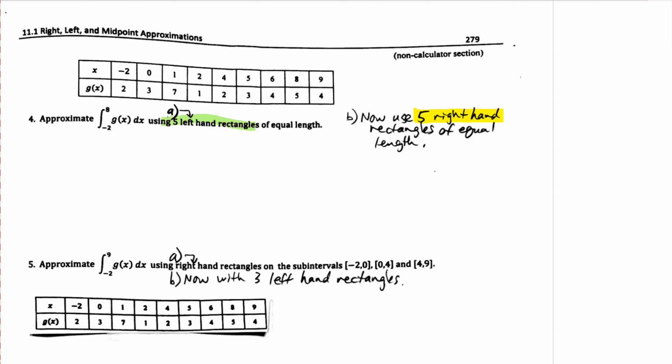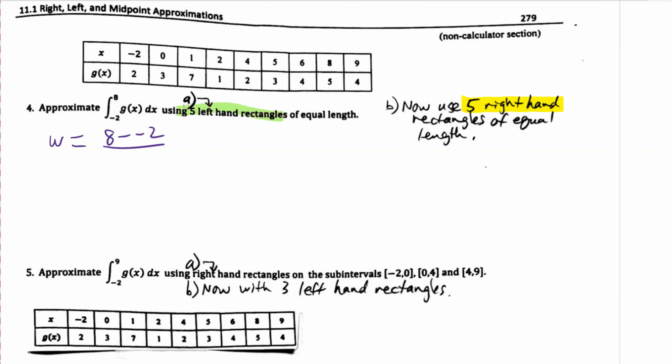5 left-hand rectangles. First thing you want to do is go find out what's the width of each rectangle. And we're going to go with the high minus the low. Careful, you're subtracting a -2. And you divide by the number of rectangles we're looking for. And that's a 10 over 5, which is a 2. Okay, so knowing that's a 2,